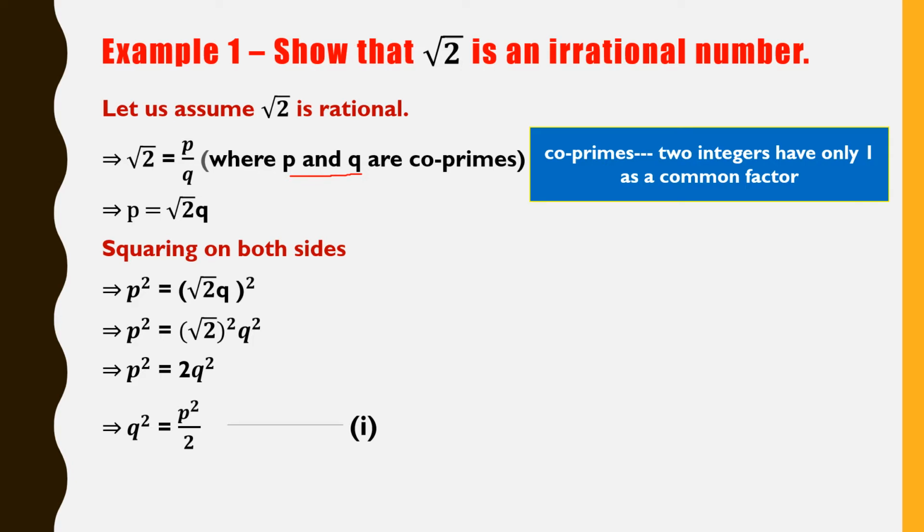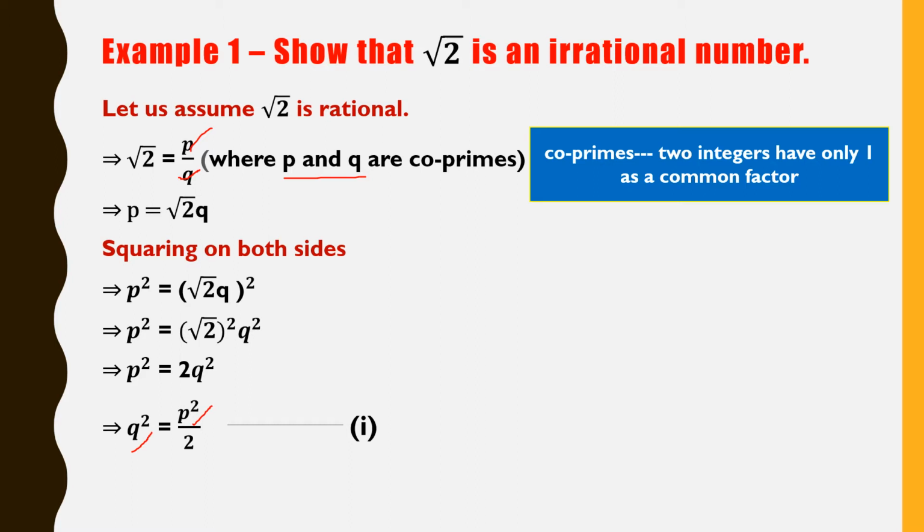Now we said that both P and Q should have one more common factor. First we'll prove that 2 is dividing P also. Simple. Here Q square I'll put here only, I send this 2 here, it will become P square by 2. Now if you see, here we have P square, but we took P only. Here we have Q square, but we took Q only. We took only P and Q as co-primes, so we should prove for P and Q only, not for P square and Q square.